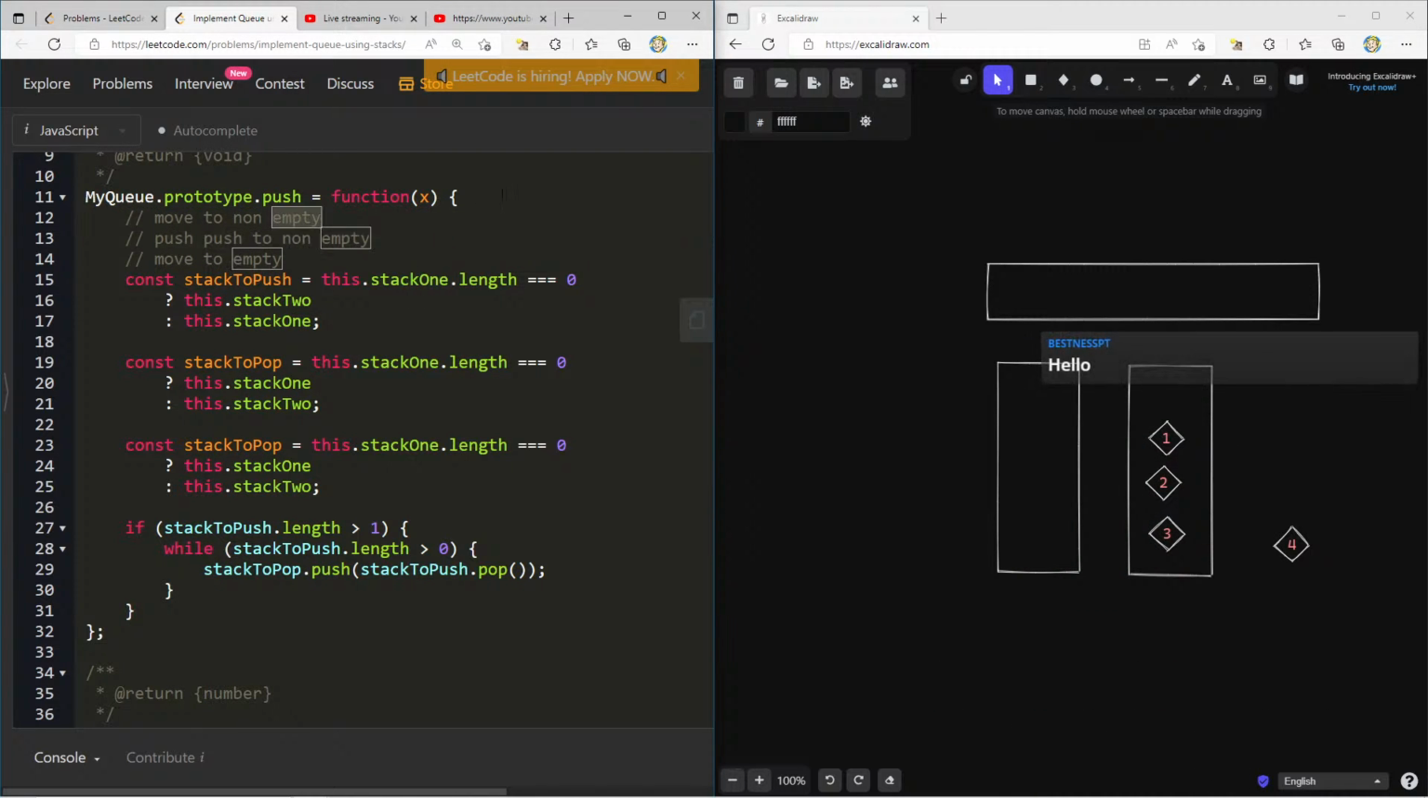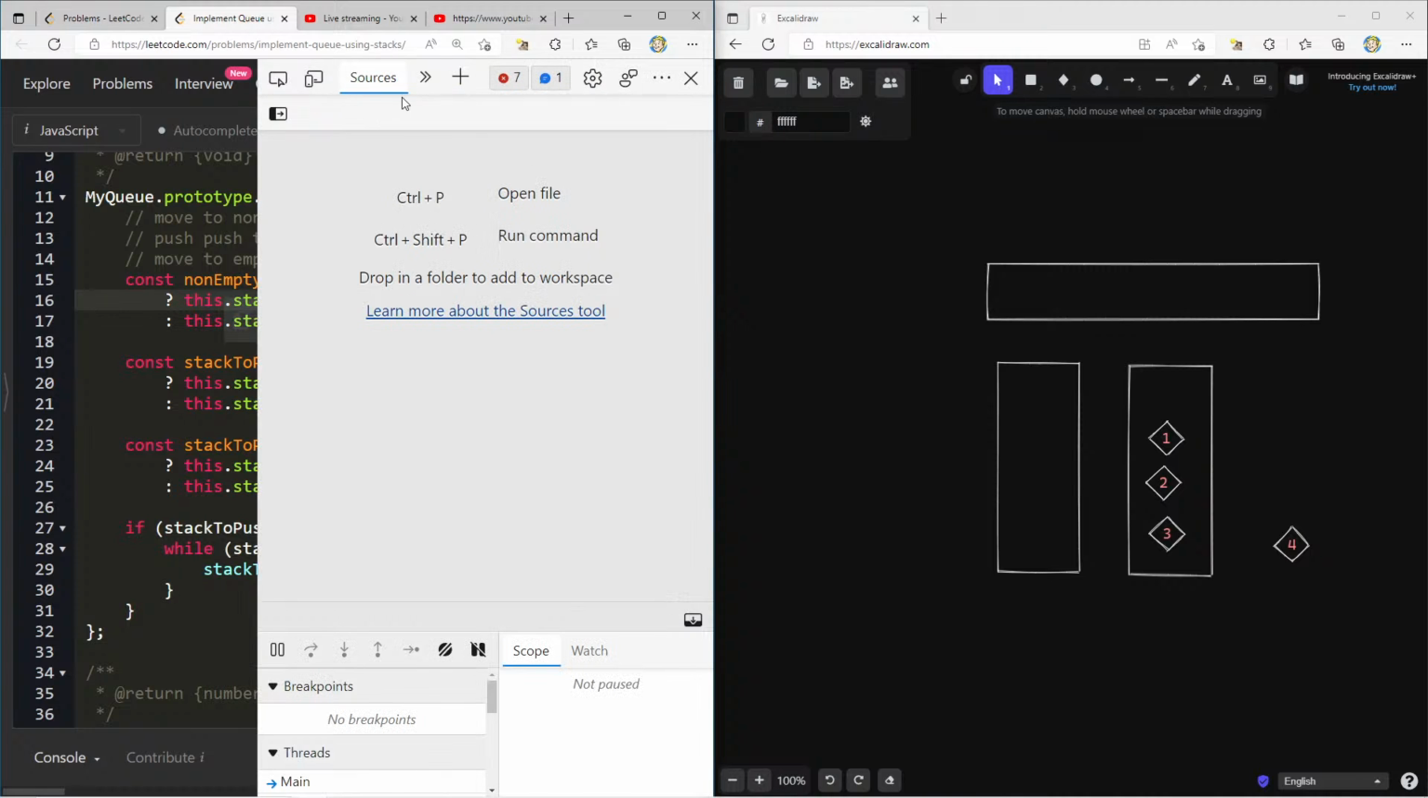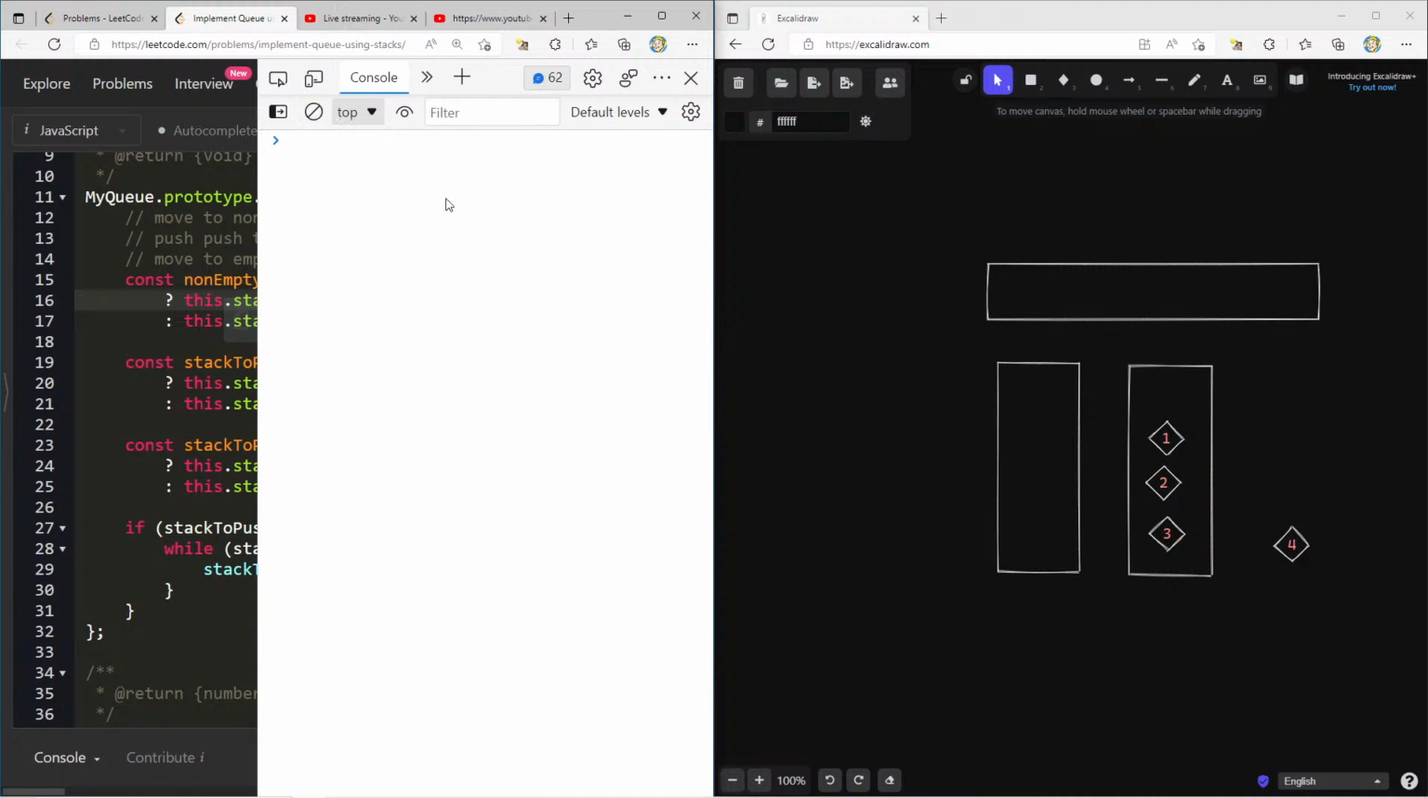Okay, so move to non-empty. So maybe I should also call this non-empty. So this stack one dot length. I'm curious if I do, well, I guess null coalescing is just that, right? If I do this and this, oh, that would be awesome if that worked just like that. Or if I do, the thing is, I think they're both truthy values. So even if I do,